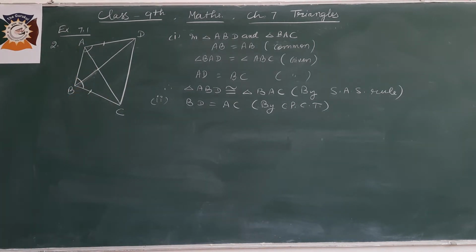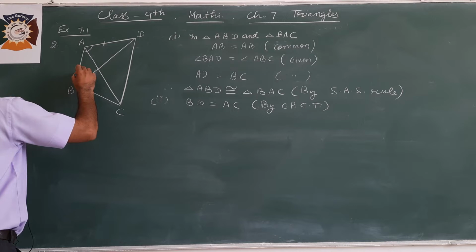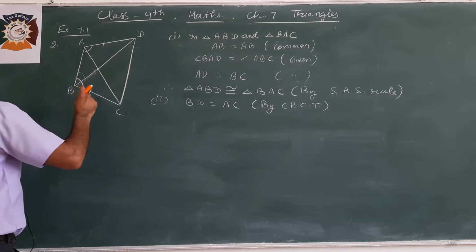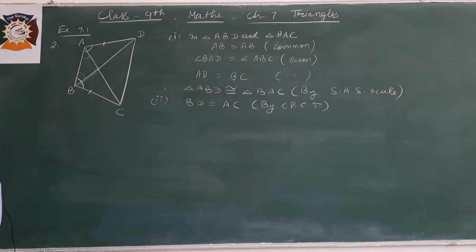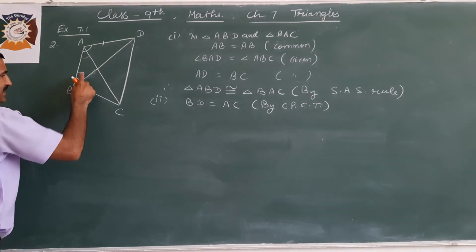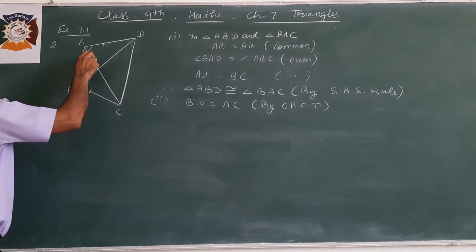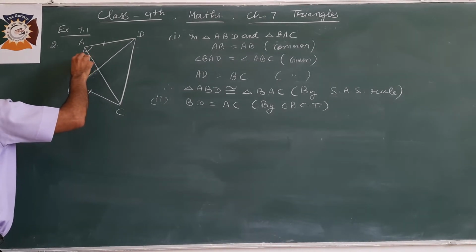And third one, angle ABD and angle BAC. These are also corresponding parts. Look at the parts. ये साइड इसके इक्वल है, तो इसके सामने का एंगल ये और इसके सामने का एंगल ये दोनों कॉरस्पॉन्डिंग एंगल्स होंगे। तो ये इक्वल होने चाहिए।